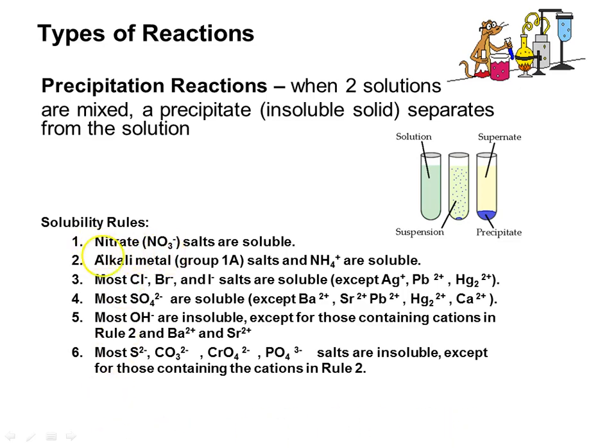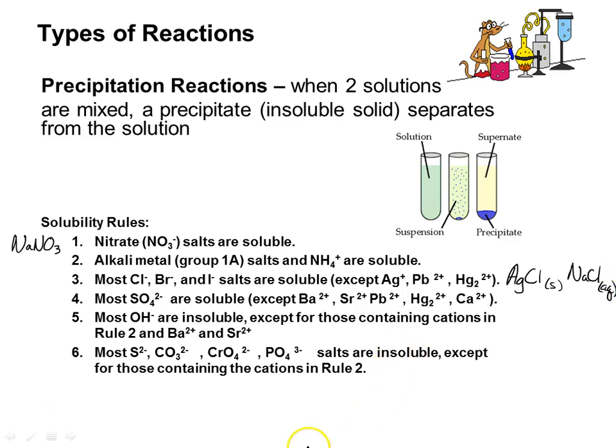Nitrate salts are soluble. So anything ending in nitrate, such as sodium nitrate, is going to be soluble, meaning it's going to be an electrolyte. It's going to dissociate when you put it in water. Alkali metals, so that's your very first column on the periodic table, lithium, sodium, potassium, and ammonium salts are all soluble. The halogens, chlorine, bromine, iodine salts are soluble, unless you put them with silver, lead, or mercury. So for instance, silver chloride is insoluble, that's going to be a salt, but sodium chloride is soluble,